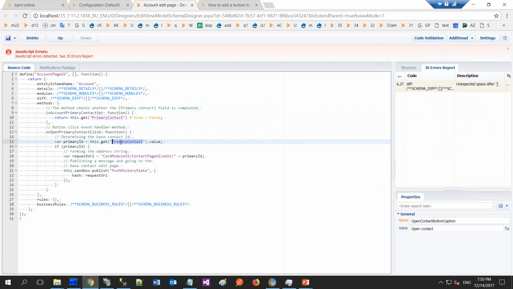It will take the primary contact value. Please note that this primary contact field is the lookup field, and that's why we will get an object as a result, and it will have several properties, ID and also value. It will be the ID of the record, and the display value will be the text value that is shown for the user. We are interested in the ID, and here we are starting to construct the URL, and then we are using the sandbox mechanism